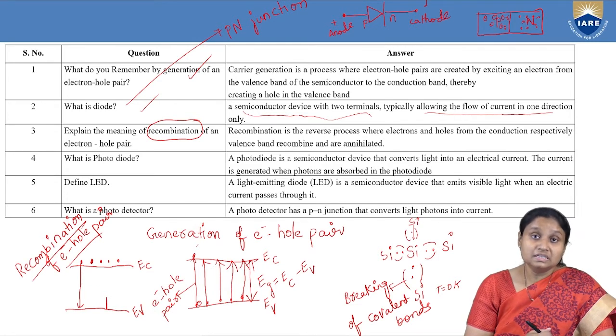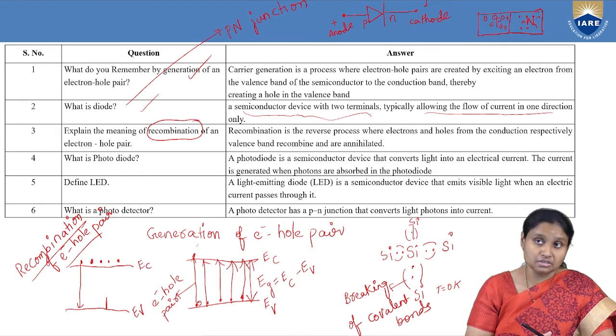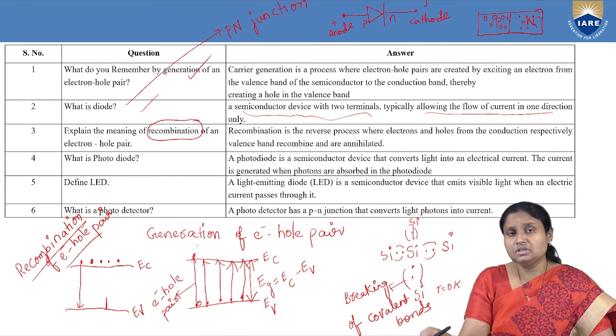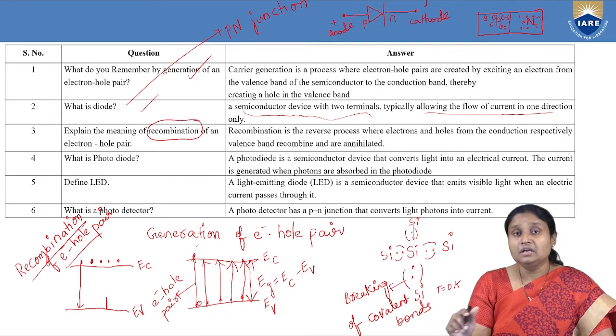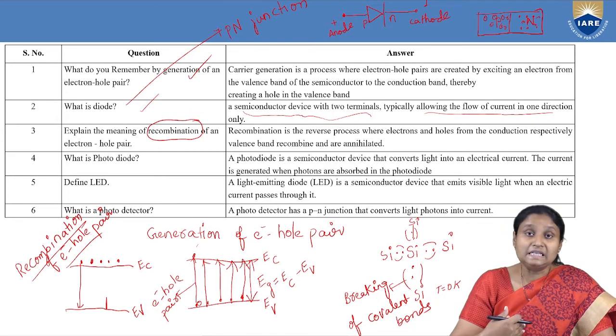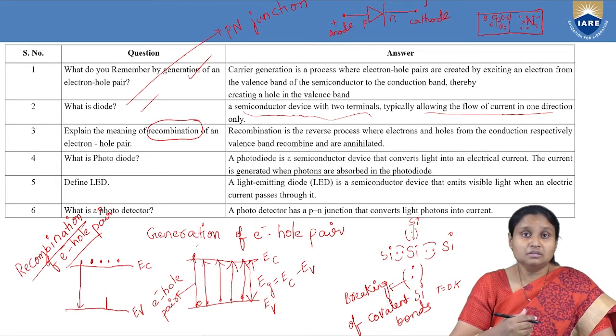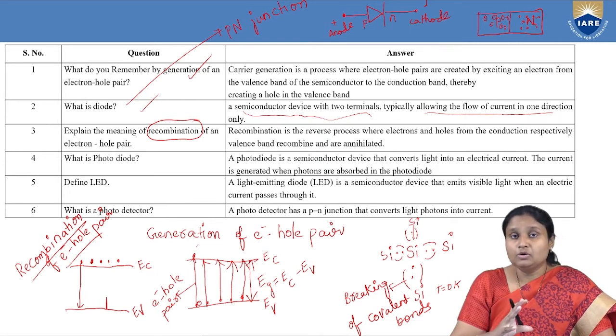So the electron loses its energy and then of course comes back to the valence band. That process is called recombination. Here it is just like the electron coming back to its electron site. Suppose it comes back to its original vacant site in the valence band, then that phenomenon is called direct recombination. Whereas when we talk about indirect recombination, of course that electron may not come back to its original vacant site,